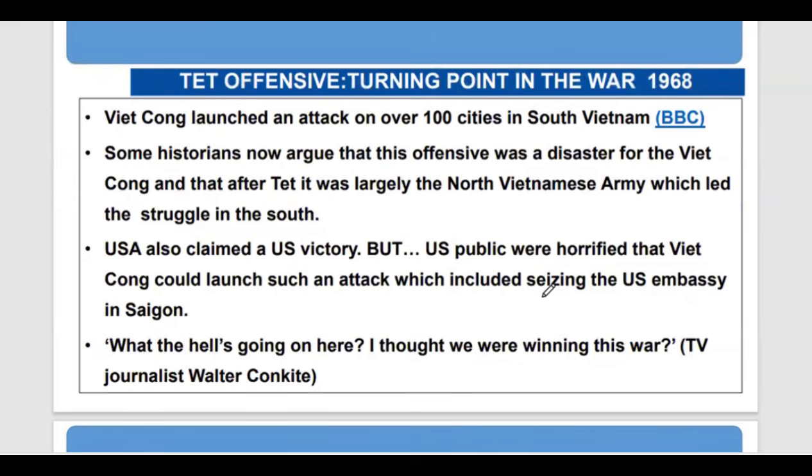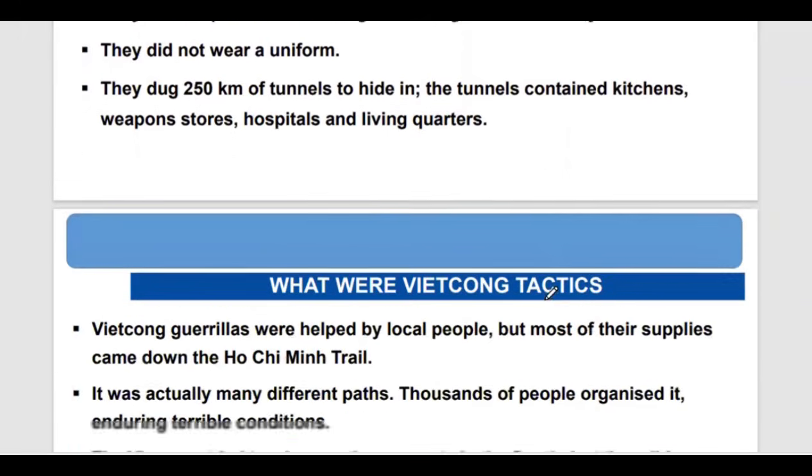the Tet Offensive, which was instituted by the guerrillas as part of their tactics to make surprise attacks and control the cities which were controlled by the USA in South Vietnam. And apparently they managed to seize part of Saigon, which was the capital of the South, through the Tet Offensive. Right. Then we move on.